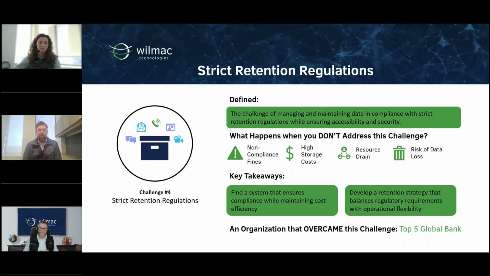Yeah, I do have some stats on it, Charlie. And the fact that we're talking about this challenge last instead of first is a little bit ironic to me, in the sense that you have retention regulations, whether they're from an outside governing body or a regulatory body, or they're self-imposed. Like Charlie said, some folks might have a regulatory body impose a 7-year retention, but then we see them keep them for 15 years for whatever reason, or indefinitely because they've decided that internally. You know, the challenge of keeping this stuff,